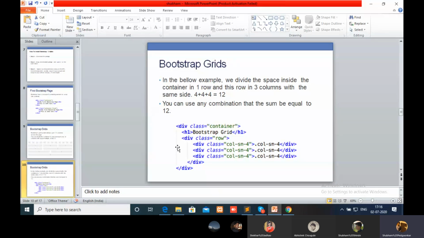I am giving the example class col-sm-4. Col-sm means small scale, just like a mobile. So this column is used for mobile, and it is divided into three parts. How to divide it? 12 divided into three parts is 4, 4, 4. Okay, this is the grid system.